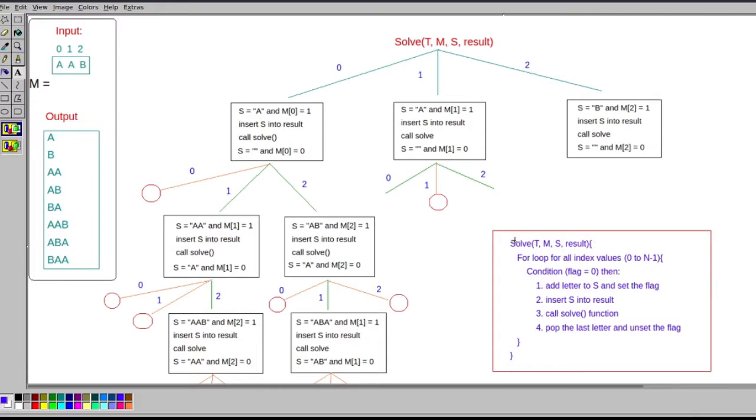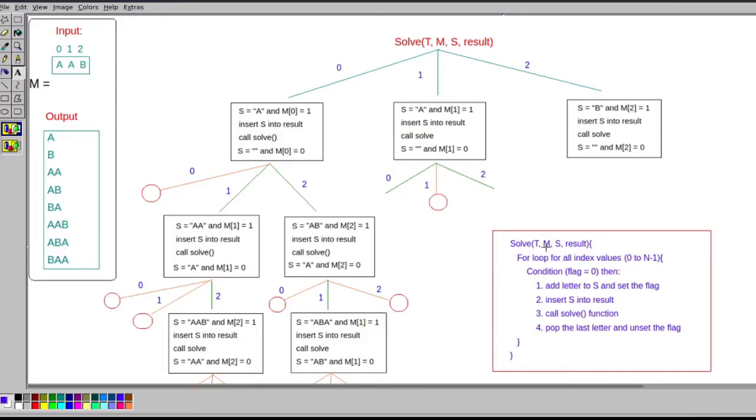Whenever we call this function, it will have a for loop for all index values from 0 to n minus 1, and it will check the condition that the flag is equal to 0, and then it will execute the for statement. So what is this flag? As you can see, T represents tiles, which is my input AAB.